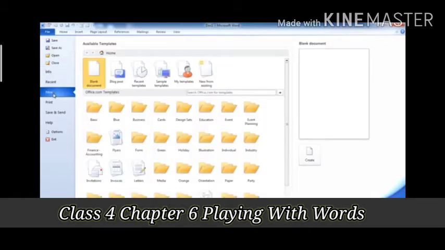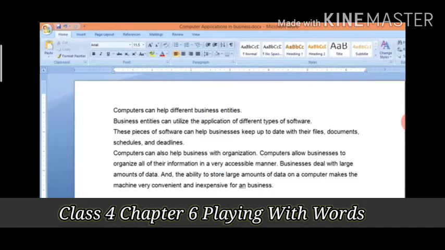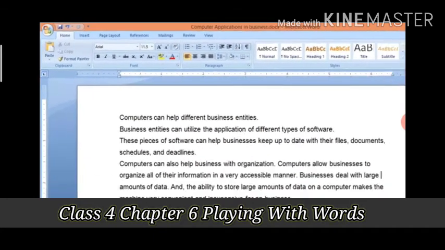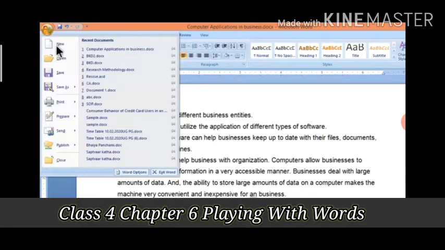For making a new document, you can click on new, click on the blank document and then create, and in this way you can make a new document. See, this is document 3, that means we have made a new document. It is a blank document. You can work over here in the workspace. Now you can see in this, you can go to this office button and then from over here you can click on the new button also to open a new document. Close and open, many options are there.